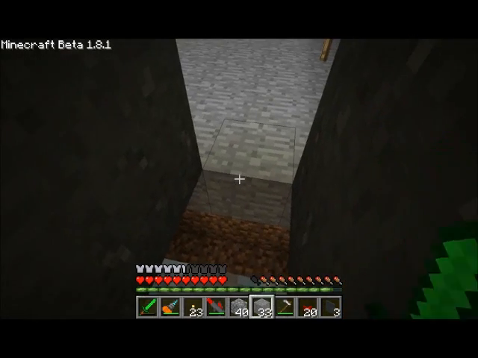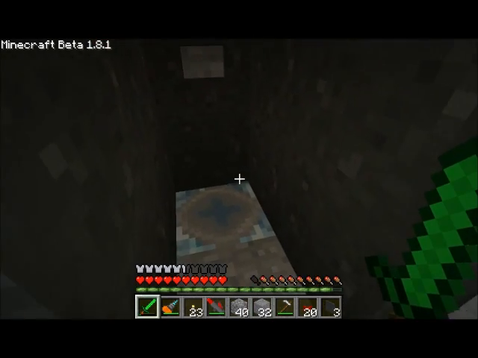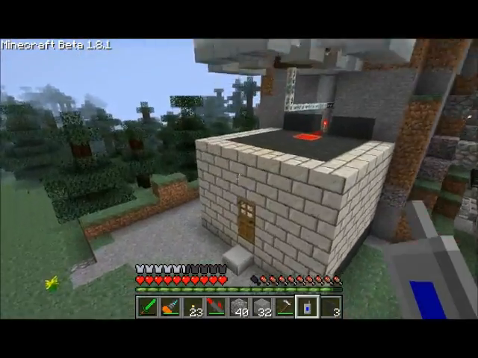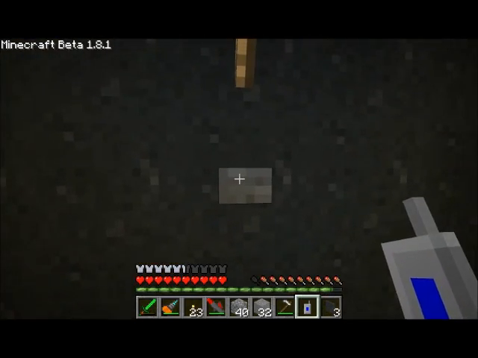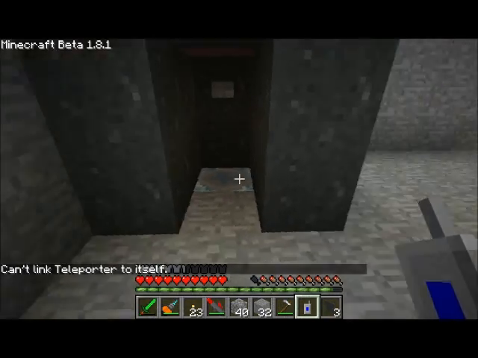Alright, maybe not. I might have to grab my frequency teleporter. I linked these in one direction, but I might need to link them in the other direction. So let me grab that and take care of it. So I just ran back to my house here, grabbed my frequency teleporter, and I'm going to go ahead and teleport back. Perfect. So now I think I need to snag...